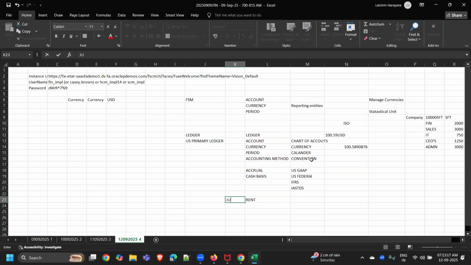Say, if I take the rent, I pay the rent always with reference to a period. Say, for July 25, I am paying the rent. For August 25, I am paying the rent. Or salaries: I paid for January 25, I pay the salaries for February 25. What does it mean? I need to account that particular expense in that period. Otherwise, I'm not